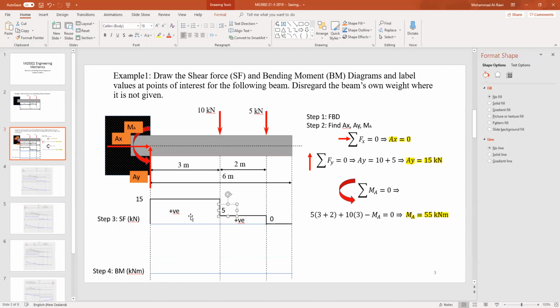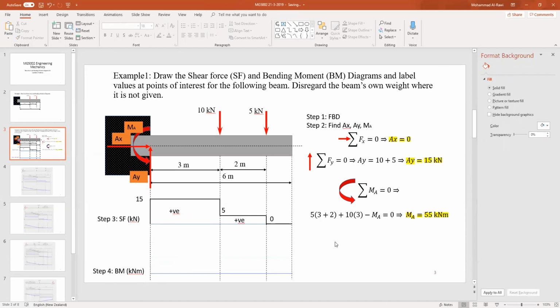So we need to convert these rectangular shapes to slopes, as I explained in the class on Monday. And how can we find that slope? By finding the relationship between them. Now, what's interesting about the cantilever, we know the value for this bending moment, which the other moment is indicating for us that the bending moment here